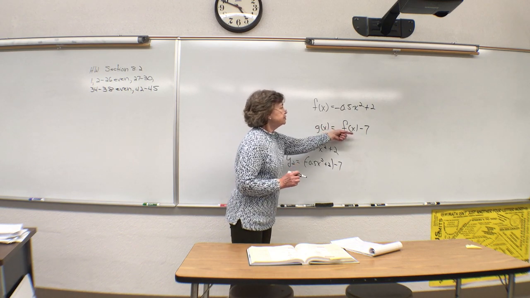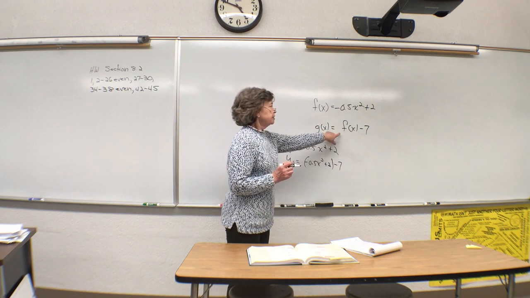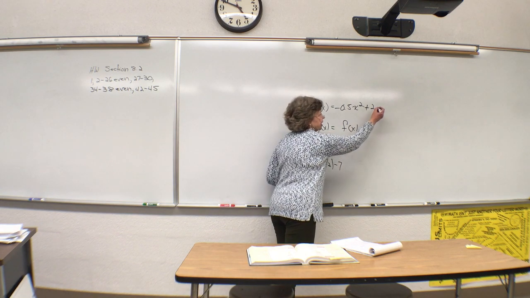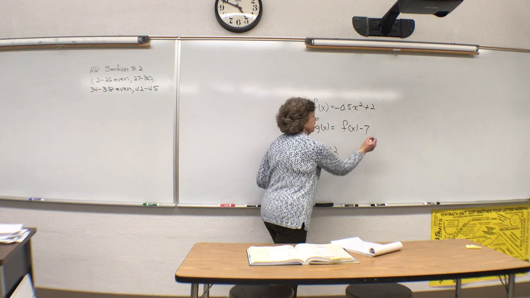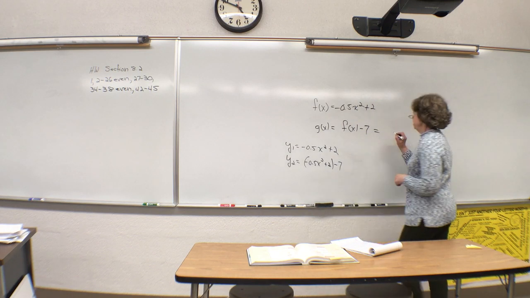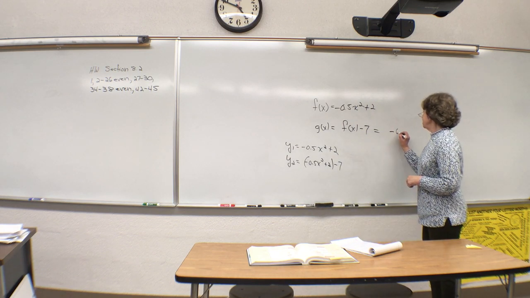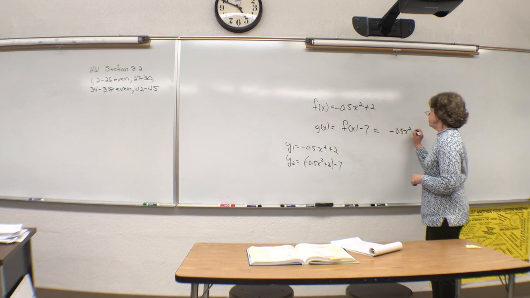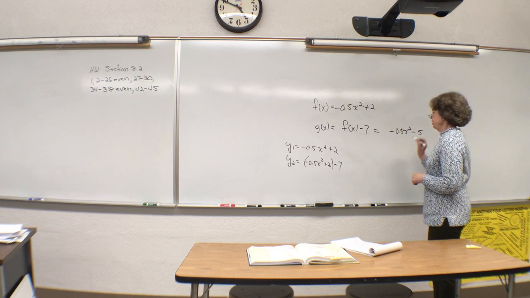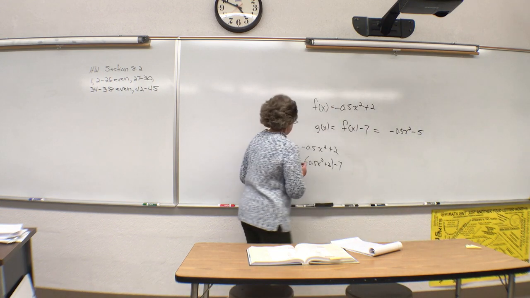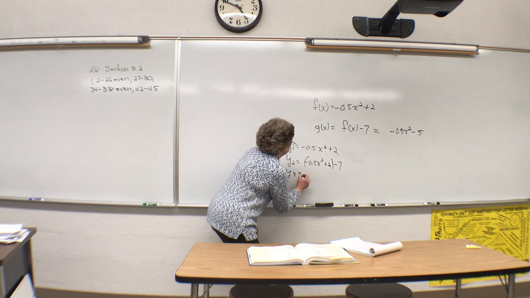And then what happens when you do this? F of x, I'm just subtracting 7 from this first one, so I could rewrite this as g of x is going to be negative 0.5 x squared minus 5. And enter that as y sub 3